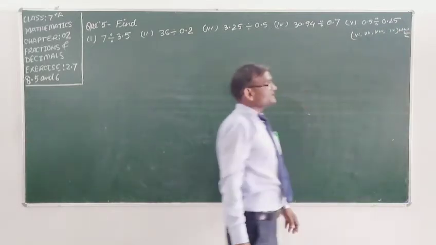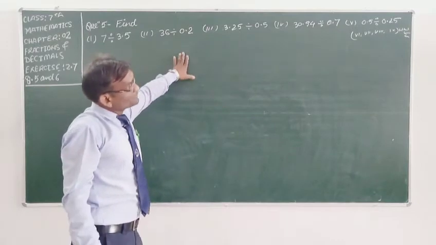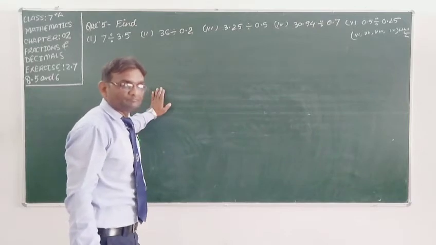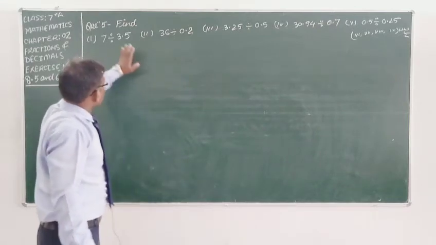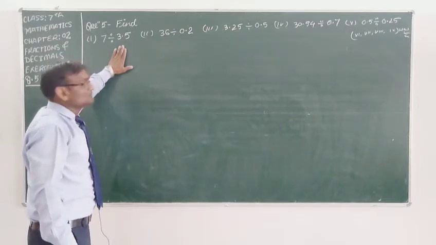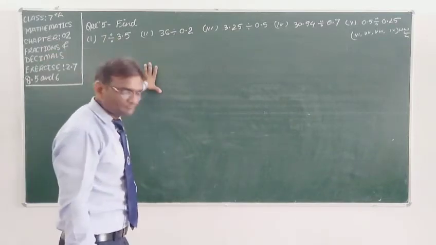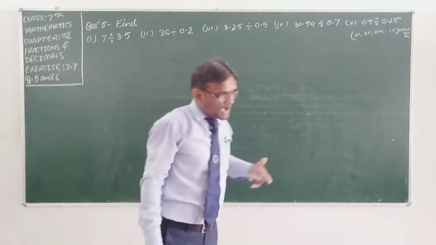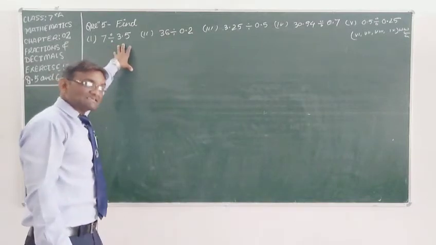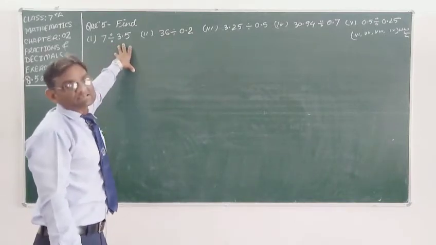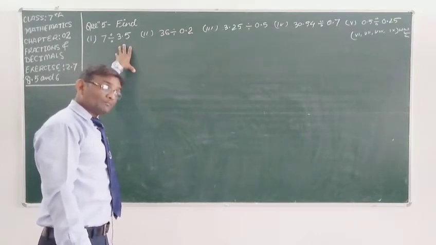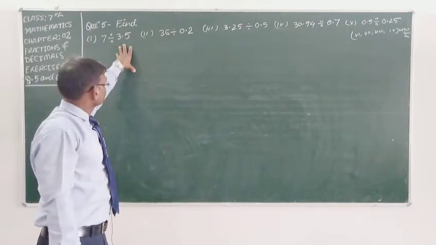These are all your homework. You will do them yourself according to these questions. These questions I am going to solve. So student, according to question number 2 of this exercise, you will solve this question also. In question number 2, student, I have told you to change the decimal number into a fraction. Firstly, you will convert the decimal number into a fraction, and write the whole number in the form of a fraction.